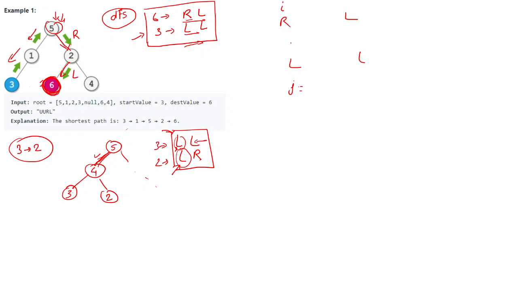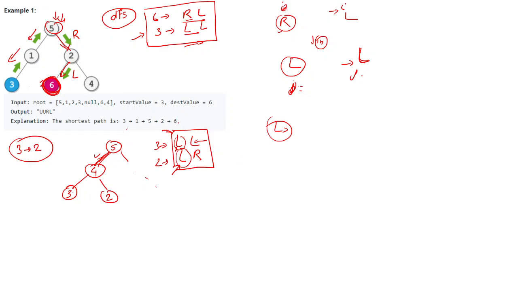Okay, so we'll compare if both the value at I and value at J are same. If they are same, we will just do I plus plus and J plus plus. You can keep both the values the same; I have kept it different for better understanding. And then if they are same, then we move to the next one. If they are not, we'll break from the loop, and whatever else is remaining, that will be our main path that we have to consider.